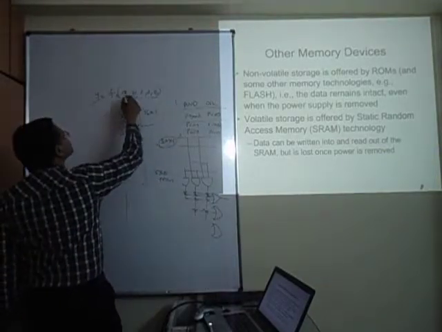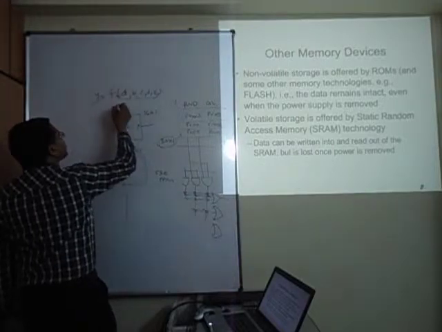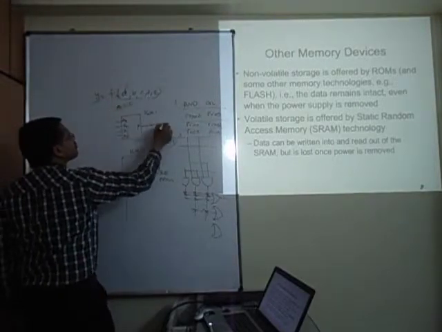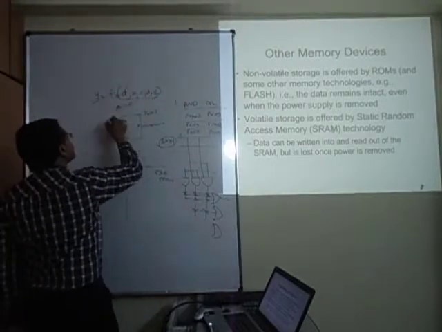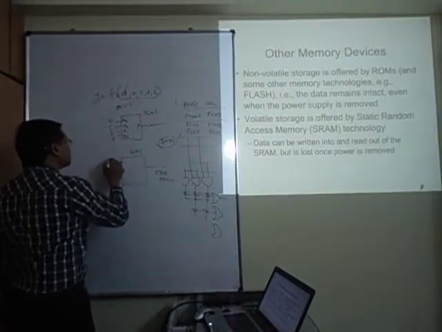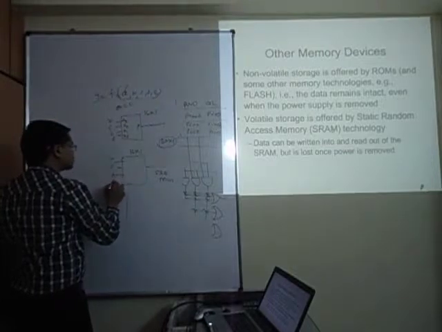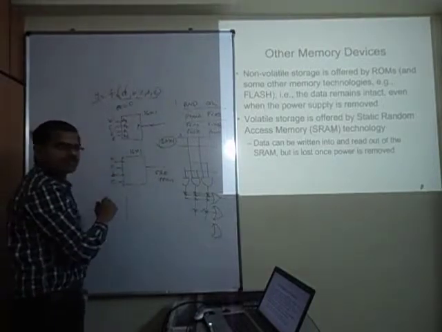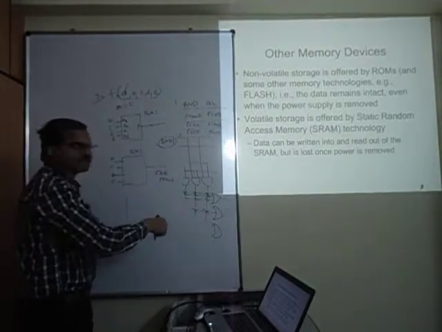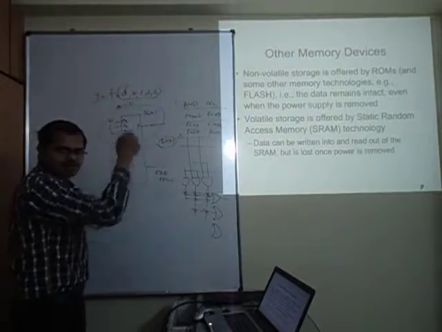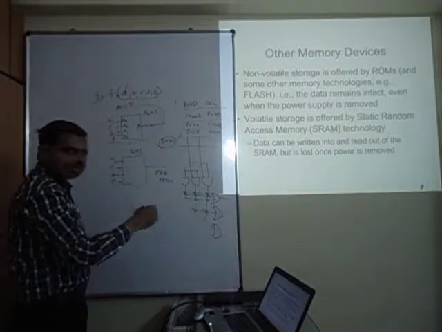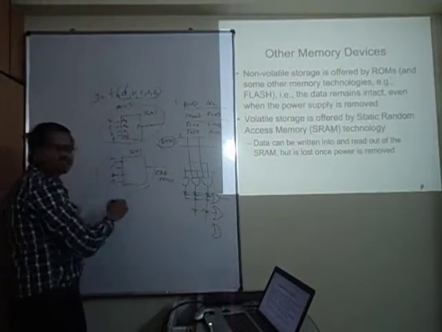What you can do is this: when A is equal to 0, this output will be selected. When A is equal to 1, this output will be selected. The rest, B, C, D, E, are given to both blocks. You got it? In a truth table, if this one realizes the first 16 combinations, then the next 16 are realized by this one.